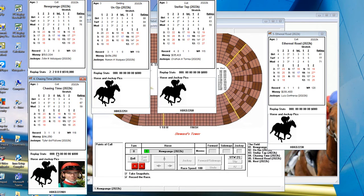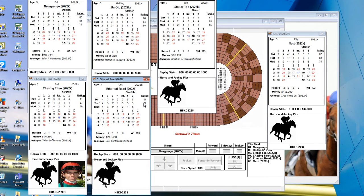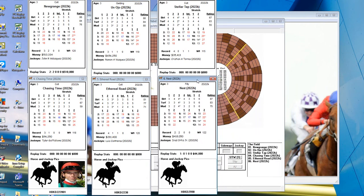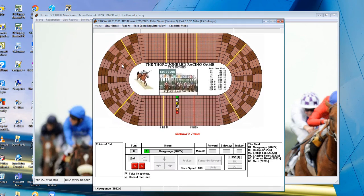Chasing Time, 71. No races yet for him. Turtle Road is an 81, not bad as the rating, but again, no races for him. And post position 6 next. He has 1 race, came in second for $44,000. He's at 87, just 1 point lower than the other 2 favorites. So let's go ahead and remove the horses,